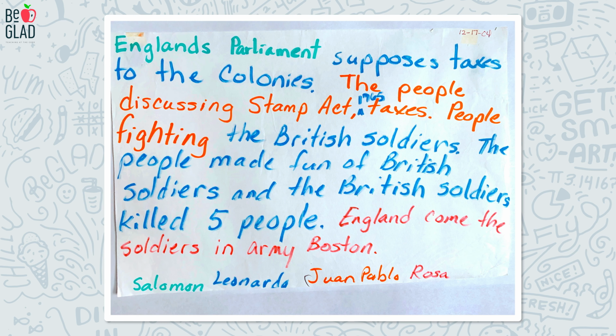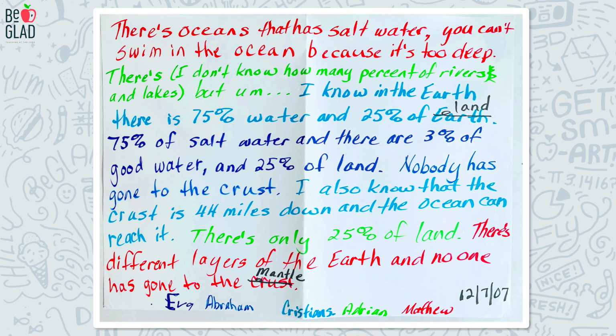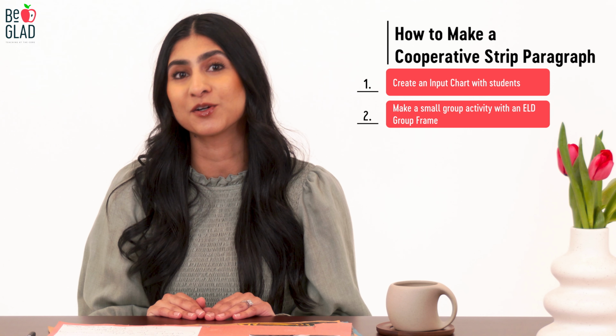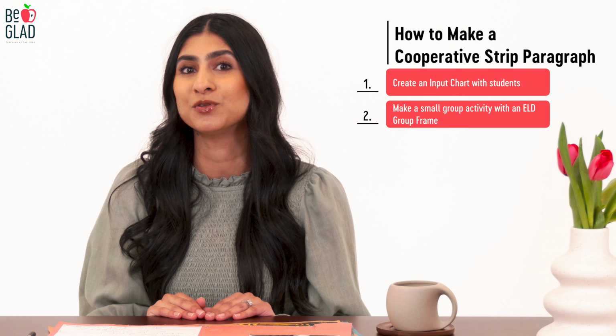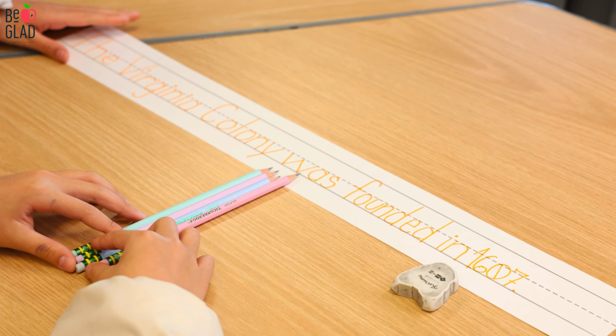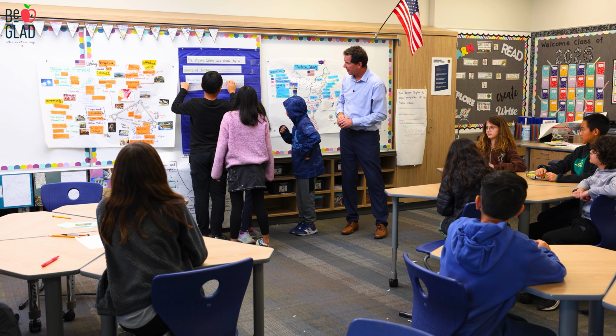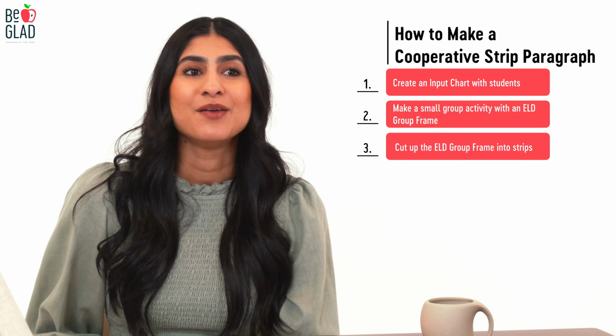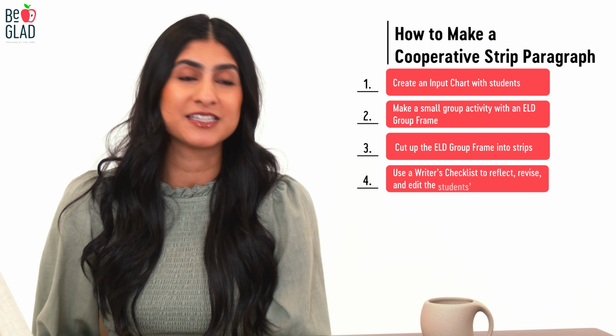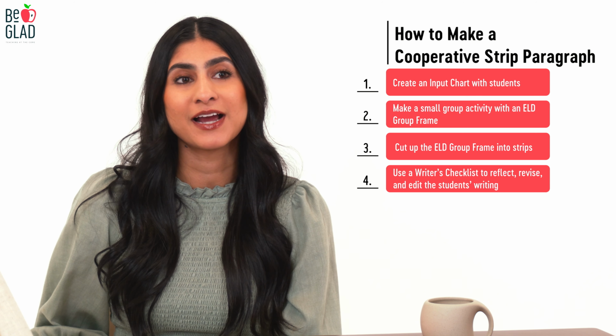On this paper, we have the exact language levels of the students since we wrote it verbatim. It will have all the normal mistakes that student writing typically has, so then later we can correct it when we do the writing process. What you're going to want to do is take your ELD group frame and cut that into strips. Using those strips, we can put that into a pocket chart, and now you have the start of a cooperative strip paragraph. Make sure that you use a writing checklist so that way you can respond, revise, and edit